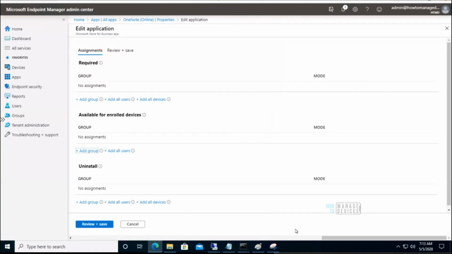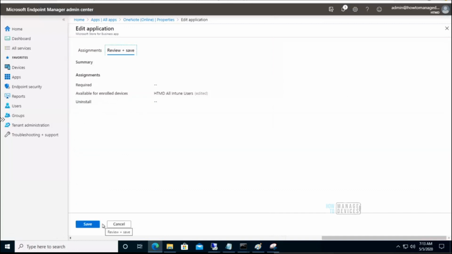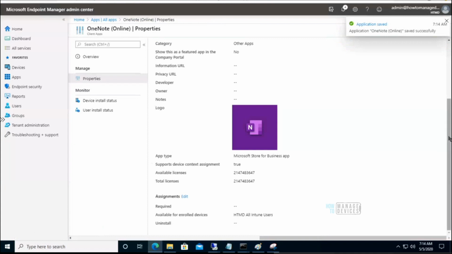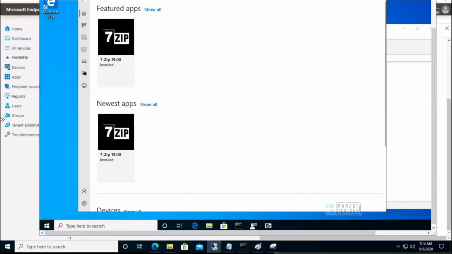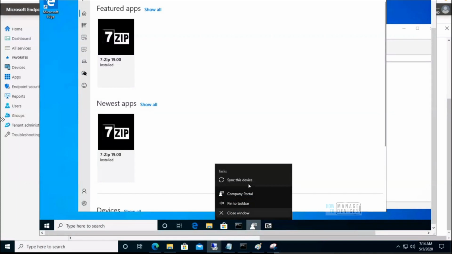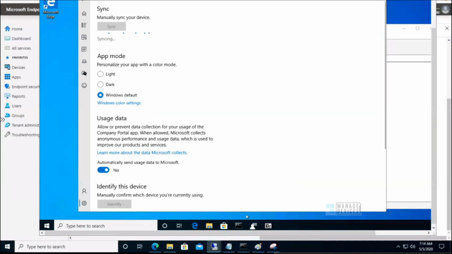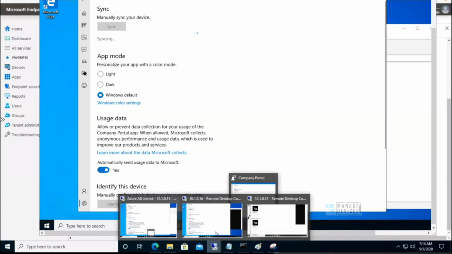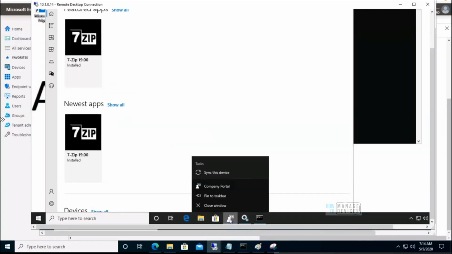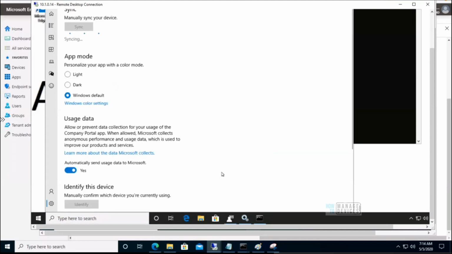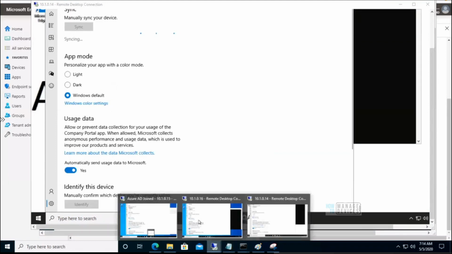Click save, and probably this time you would be able to see the actual application getting available over here. Let me sync all my devices. If one is not working, probably we can check others. Okay, I have synced all three.